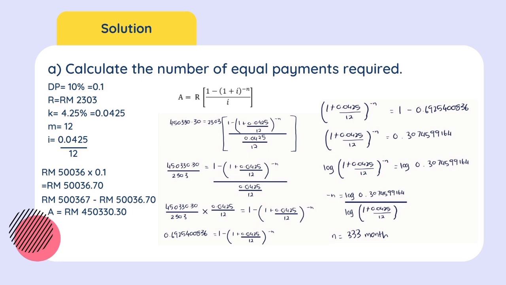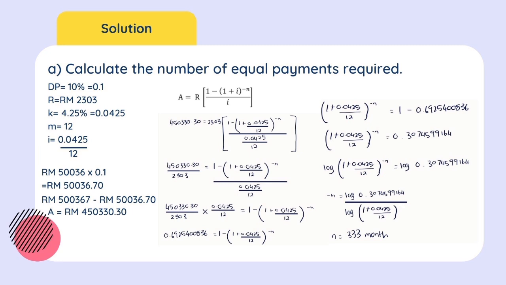So the answer for A per R multiplied by i is 0.69254000836, equal to 1 minus bracket 1 plus 0.0425 per 12 bracket negative n. After that, we switch the place: bracket 1 plus 0.0425 per 12 bracket negative n at the left, equal to 1 minus 0.69254000836 at the right. So the answer for 1 minus 0.69254000836 is equal to